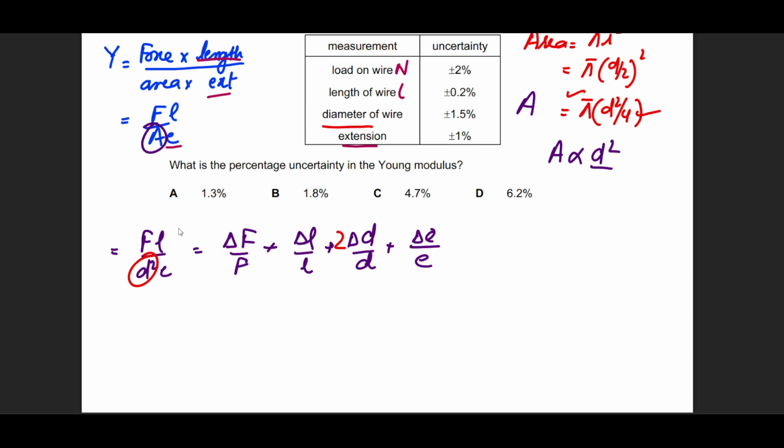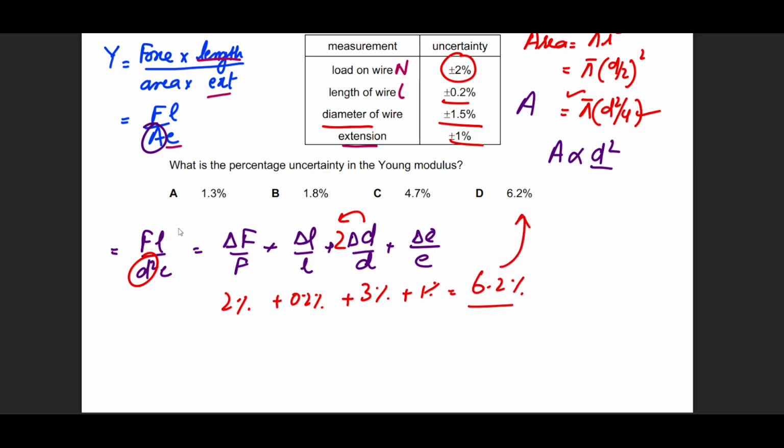So he has already given us the percentage errors of everyone. So force is 2% plus length is 0.2%. So this is 0.2% plus the diameter error is 1.5, but multiplied by 2, this is going to become 3%. And then we have delta E by E. So E has an error of 1%. When you add all of them together, this is going to come out as 6.2%, which is option